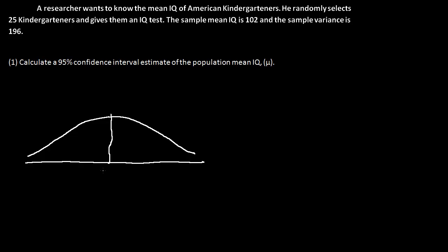We estimate that the mean would be 102 and the variance is 196. Okay, what's 196? Sample variance is 196. So based on the sample variance, we estimate the